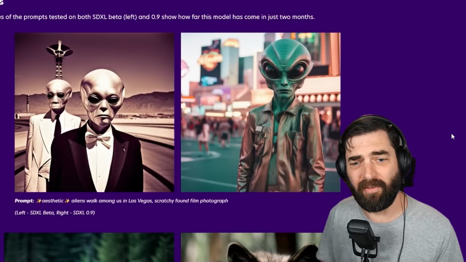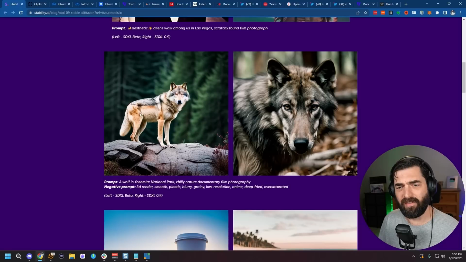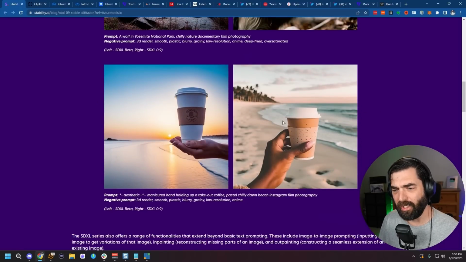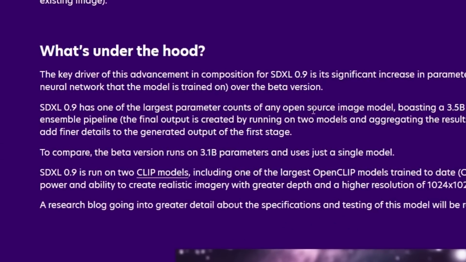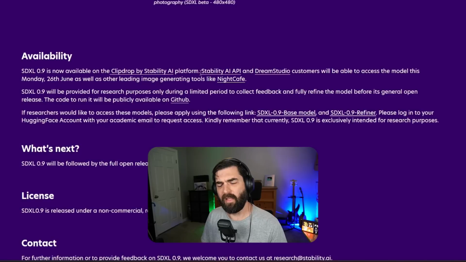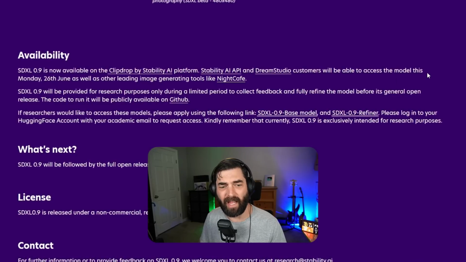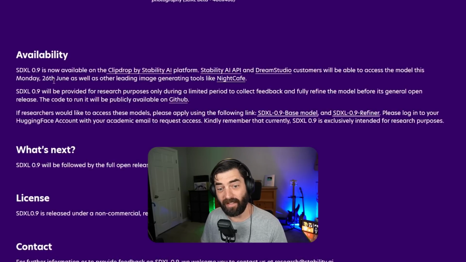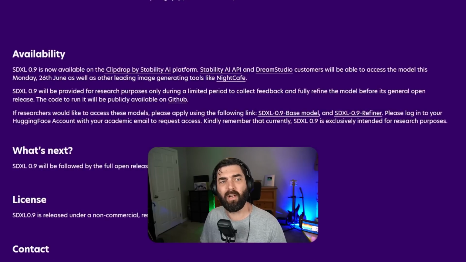Here's some examples they give on the website of the beta version of SDXL versus the new 0.9 version of SDXL. You can see a little bit of improvement in realism and quality. Here's a hand holding up a coffee cup. SDXL 0.9 has one of the largest parameter counts of any open source image model. Now they say that the API and the ability to run it from Dream Studio will be available to access on Monday the 26th. You can actually play with it right now inside of ClipDrop, which is one of Stability